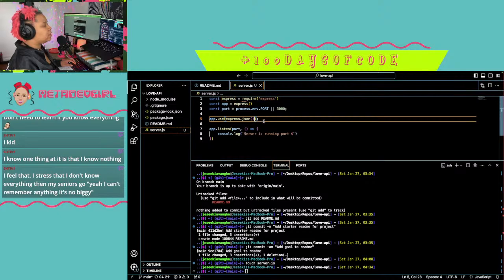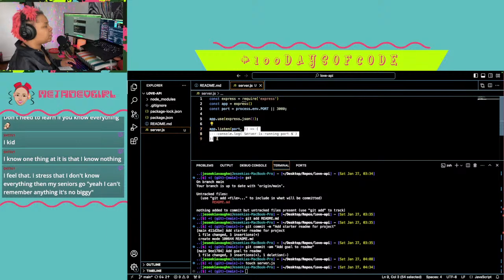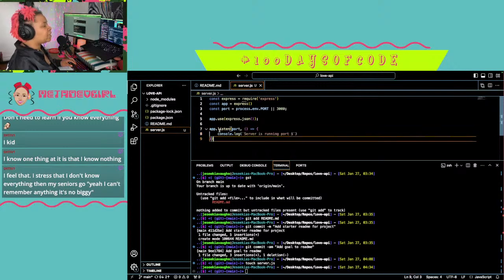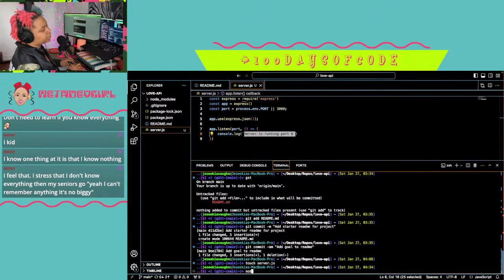This is a middleware setup. And then app.listen on this port. And then this is the callback function. It's going to log this to the console when app.listen runs. So whenever the server runs, I will know which port it's running on. That'll be my visual indicator.